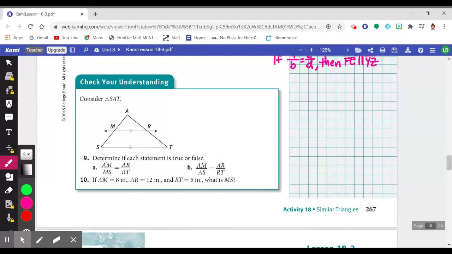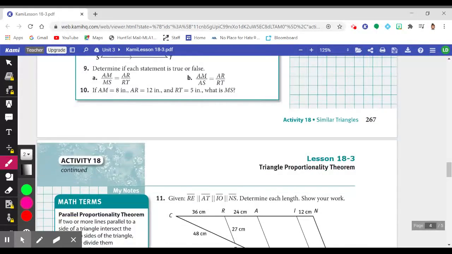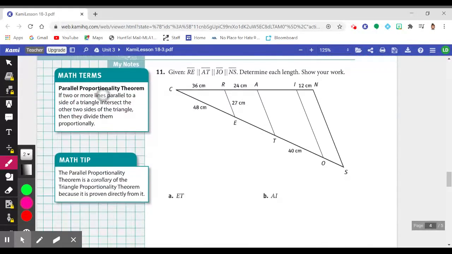Always take a moment to check your understanding. We don't always do that together on the videos, but it's excellent practice here, especially applying what we just learned. We're actually going to forge ahead to item 11 using the triangle proportionality theorem in conjunction with what's known as the parallel proportionality theorem. So obviously you probably look at this diagram and your mind starts to go crazy, but